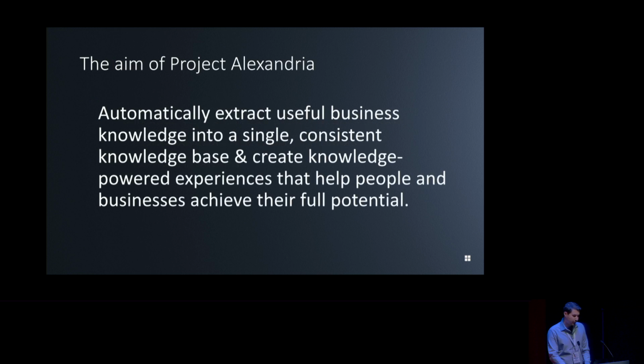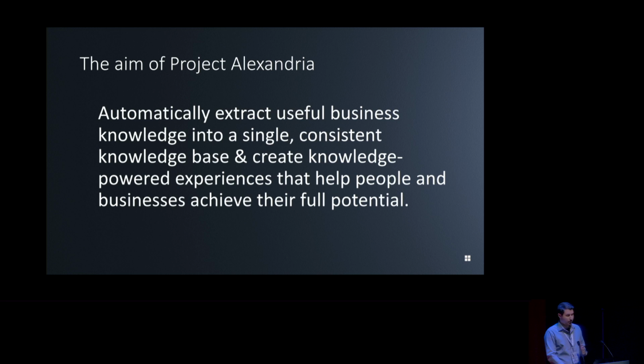So first of all, Project Alexandria is all about automated knowledge-based construction, but it has a machine learning component and also has an HCI component. So the latter is about figuring out how to surface the knowledge into user experiences. So as I said, this shipped into Viva, which is a Microsoft product, so try to distinguish the two, so that the research project and the actual product, they are different.